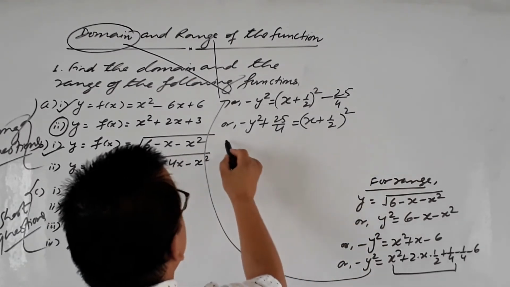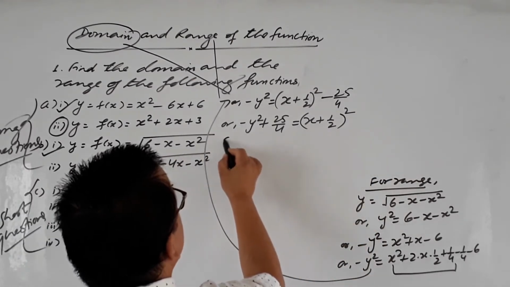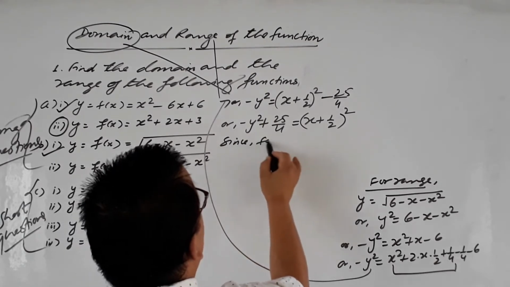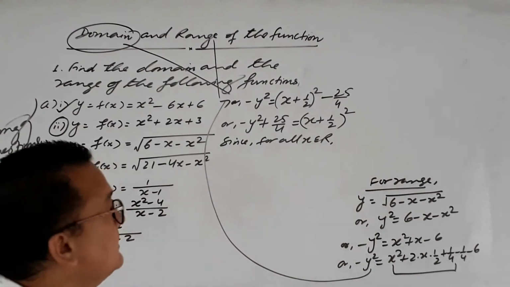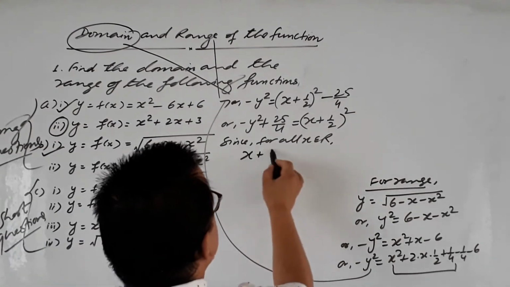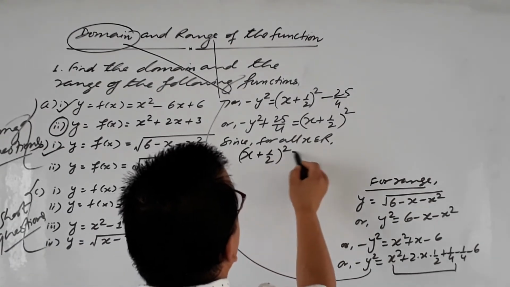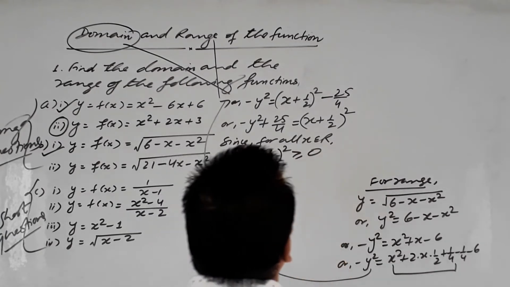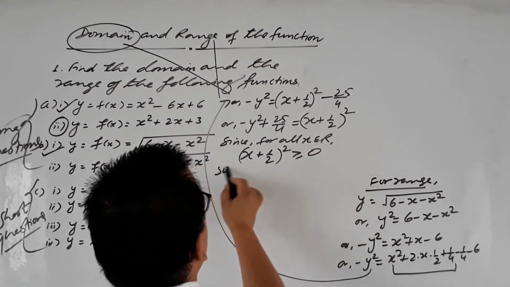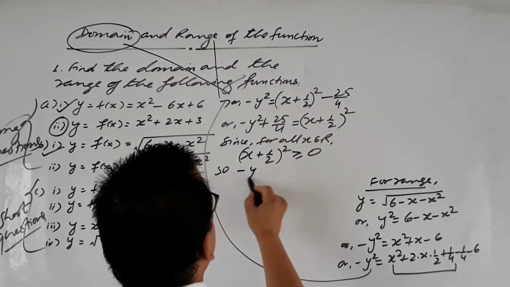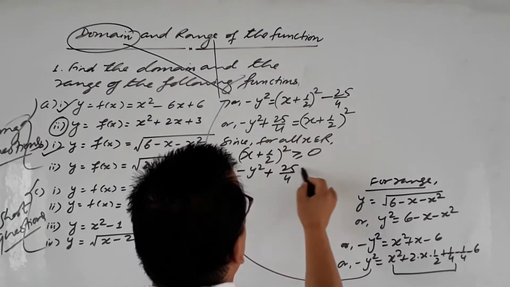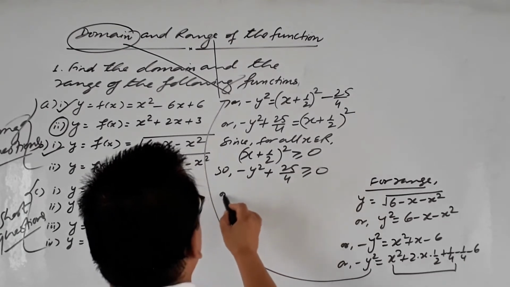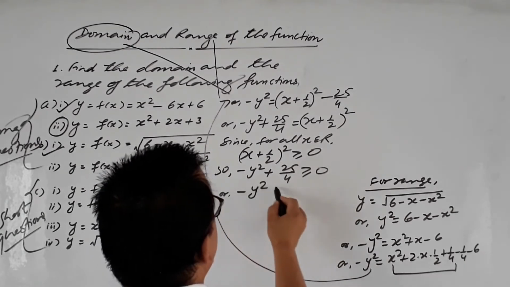As we know, for all x belonging to any real number we can take, x plus 1 by 2 whole square is always greater than or equal to 0. So this equal to this, then this also becomes greater than equal to 0,